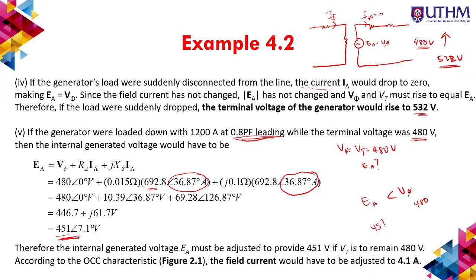To adjust the IF, what is the suitable IF? We need to refer back to the OCC graph. This is the EA value. If VT remains at 480 according to the OCC graph, the field current will be 4.1. So 451